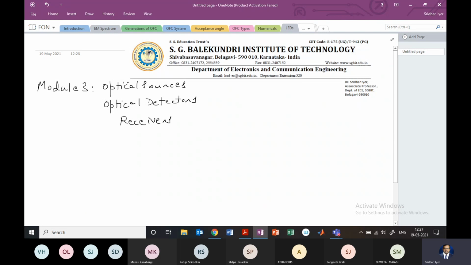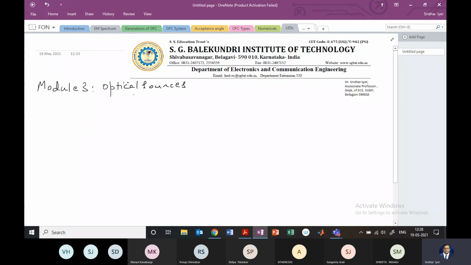Okay. So this is probably the first time you are coming across the words detector and receiver being used separately, because usually in communication engineering these terms are used quite loosely. However, we'll be very specific and we'll see what this optical detector is, and then we'll also see what the receivers are. These will be specifically the optical receivers, so we'll have to look at the structure also. So we'll deal with the detectors and receivers later, so I'll erase them.